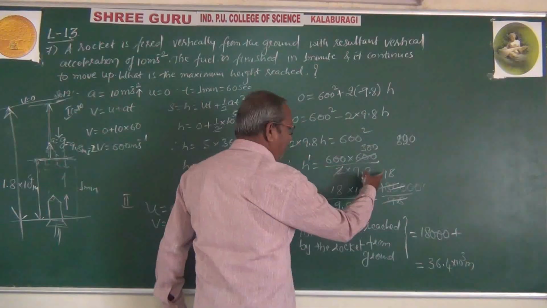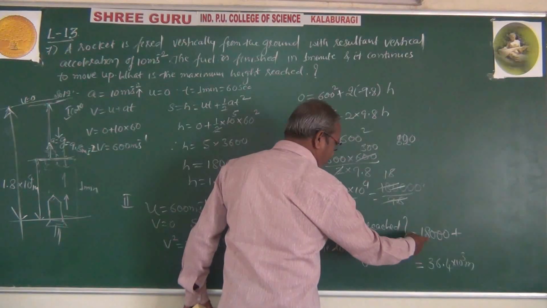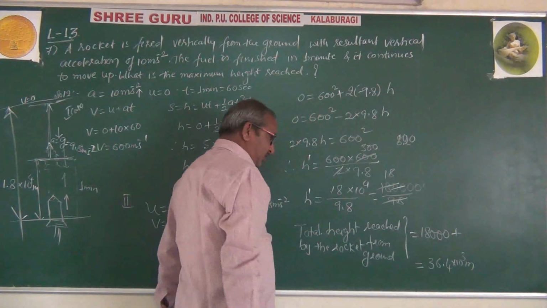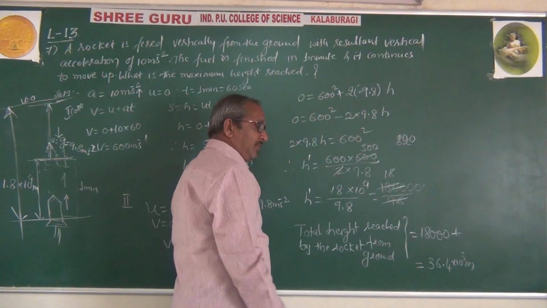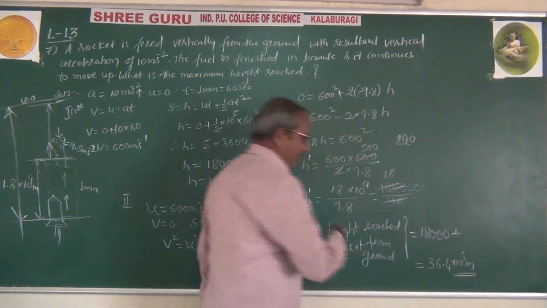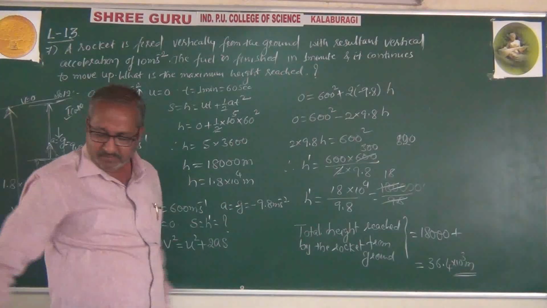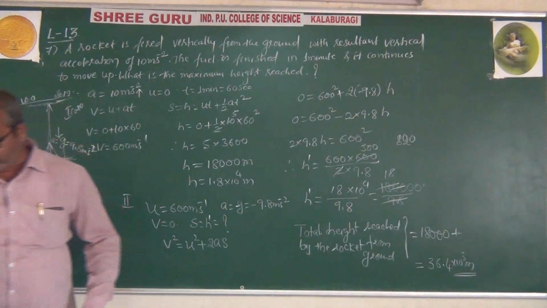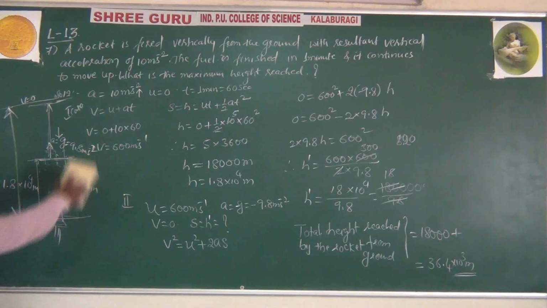Because you already get more than 18,000 here and 18,000 there, 36,000 can be written as 36 into 10 raised to 3. So this is your answer. Divide, substitute, that's all. Use the calculator to divide and add, basic steps you know, no problem with it, right? Is it clear how much height will be reached? Then we will go for the next question.